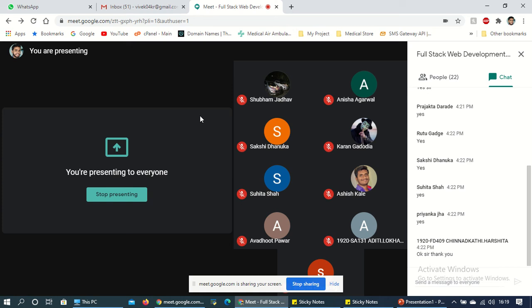Yesterday we saw the introduction of HTML and we installed the XAMPP server and Sublime Text 3 editor, where I showed you one demo and created one index file. We saw where the title section is, what we put in the title tag, what we put in the head tag, and where the body part is that we write on our pages. We have also seen some attributes and elements of HTML: heading, paragraph, styles.